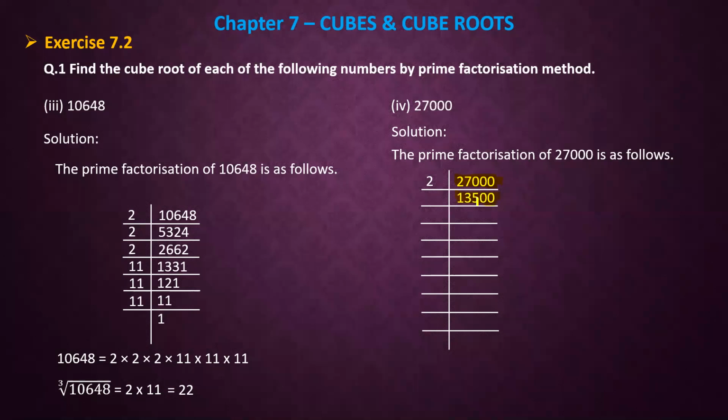13,500 is again an even number, so we are going to divide it by 2. After dividing it by 2, we are getting the number 6,750, which is again an even number. So again, we have to divide it by 2, because it is an even number. After dividing it, now we are getting